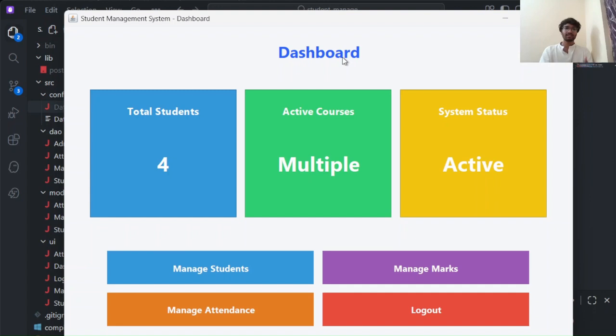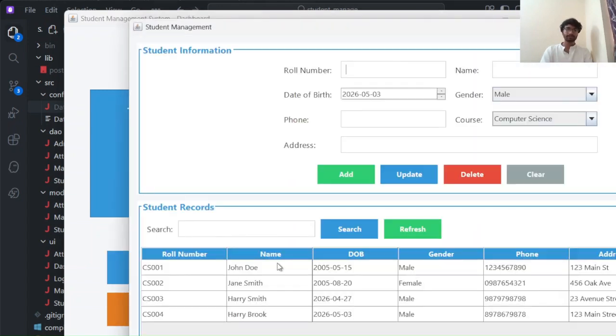So as you can see, this is the simple dashboard where you can see total students added are 4, active courses, and the system state is active. The main features provided are manage students, manage marks, and manage attendance, and a simple logout button to go back to the login page. In the manage students page,